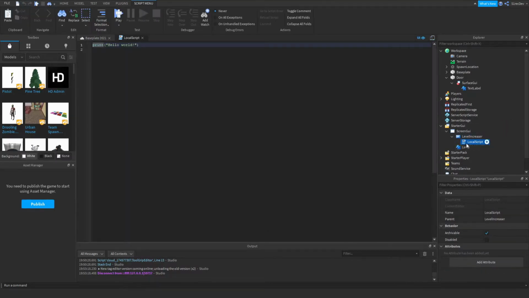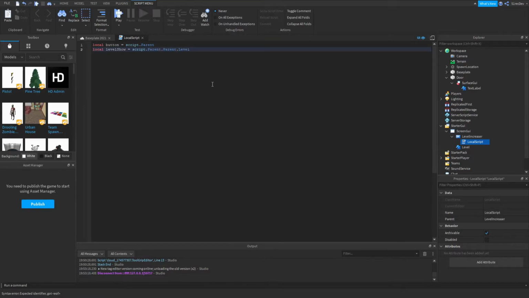So let's insert a local script, right? And let's start doing this. So first of all, we'll be making some variables. We'll make a variable for the button. So we'll do script.Parent. You can see that's our button. We'll make one for the level show, the level text label. So script.Parent